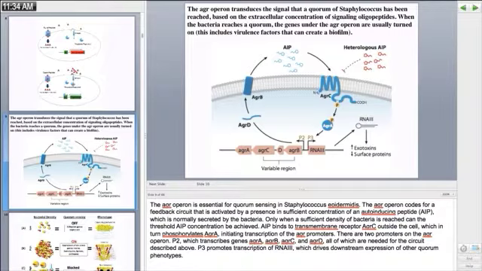It becomes phosphorylated. There is a transfer of the phosphoryl group to the response regulator, AGR-A, which now becomes active and has the ability to stimulate two promoters. So promoter 1 is not shown here. Promoter 1 is a constitutive promoter, which is producing, even at low cell concentration, is transcribing AGR-B, D, C, and